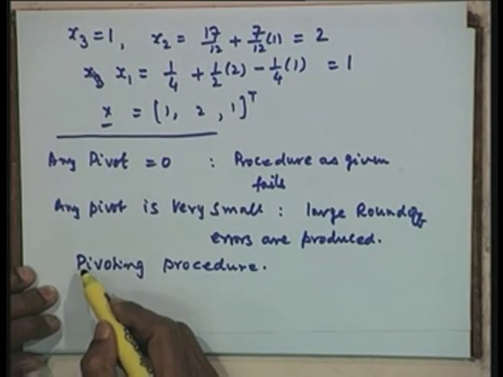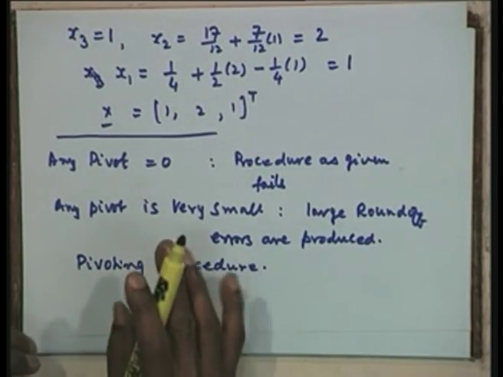In this procedure, we are only interchanging the equations. Therefore, we are not changing the solution of the system, except that the first equation has become, say, the 100th equation, and the 100th equation has come as the first. In the second stage, the second equation might have been thrown as the 105th equation, and the 105th has come to this position. So we are interchanging the equations only, and we are not touching the position of the variables. The solution of the problem you finally land up with is going to be the same, and in that case we are completely avoiding this particular failure that may occur. That is called the partial pivoting procedure. So, that we will describe next time.